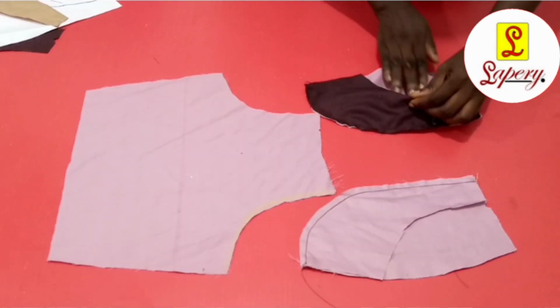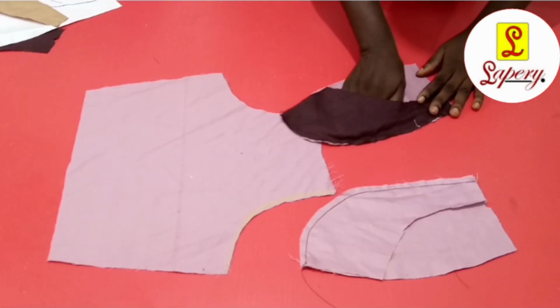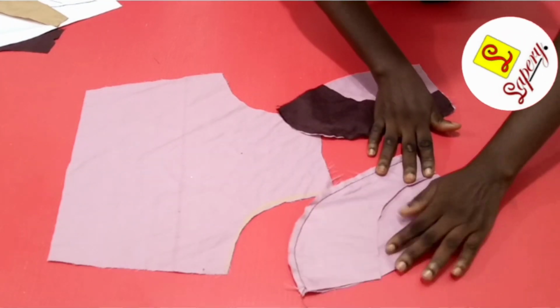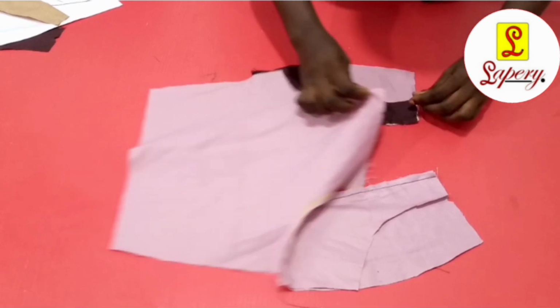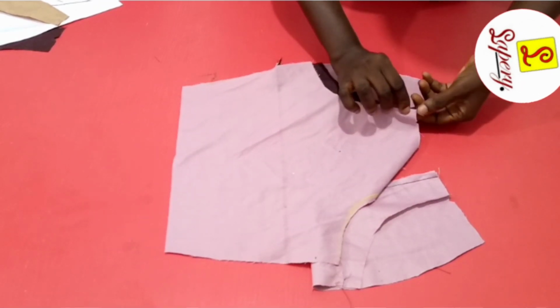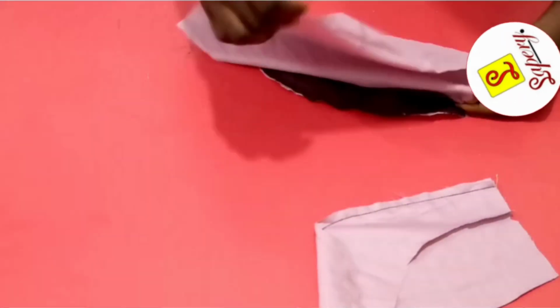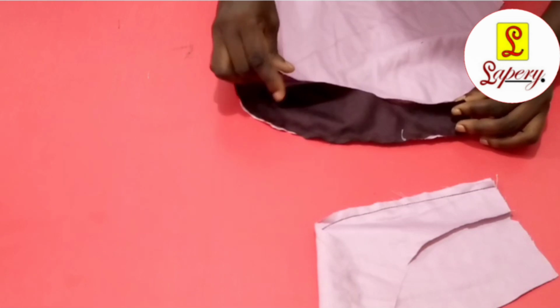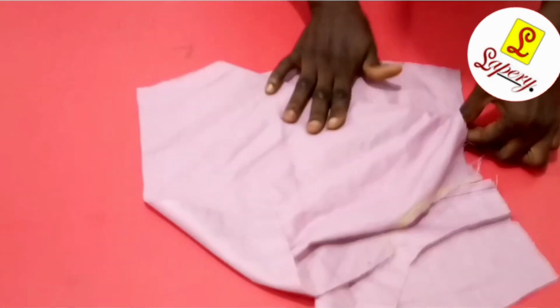So here's the first one I've sewn, and here is the pocket formed already, and that of the other side pocket formed already. Now finishing up, as I said, I'll simply use these 2 ends to finish up each other by simply placing it like so and going ahead to do my sewing from the wrong side. And afterward, this is what we'll have,